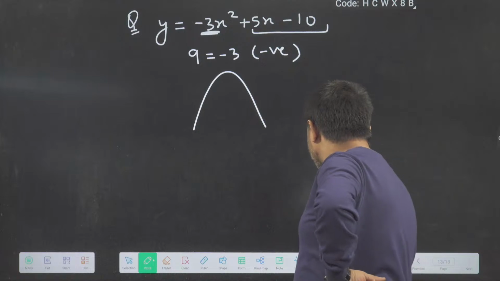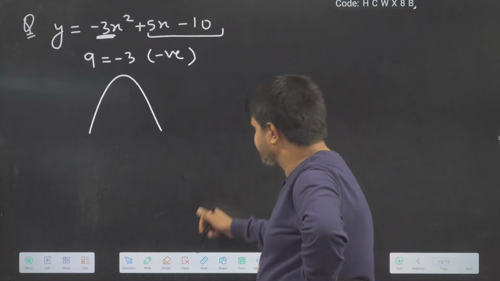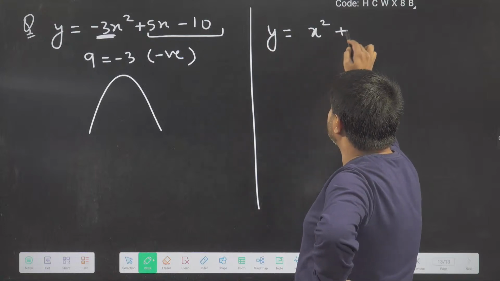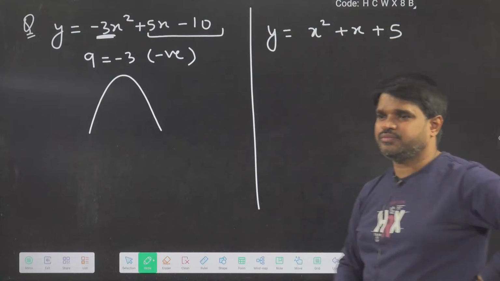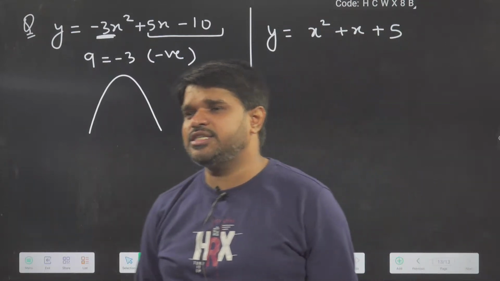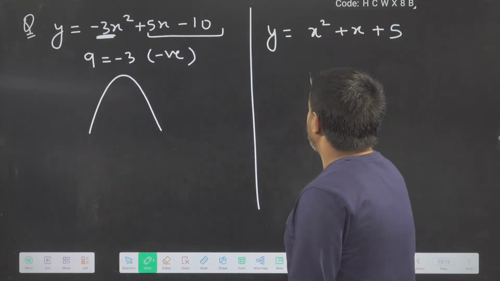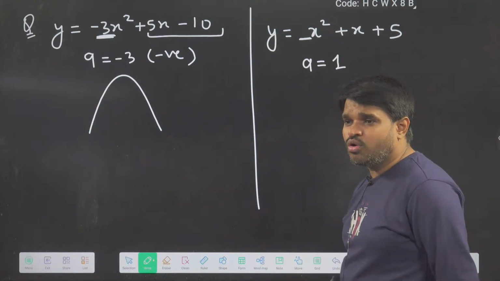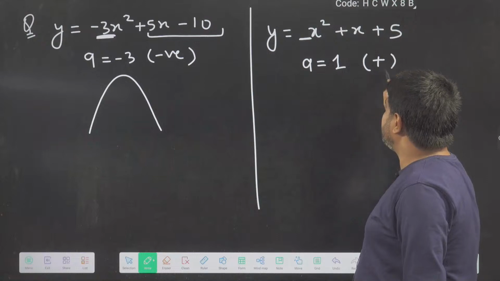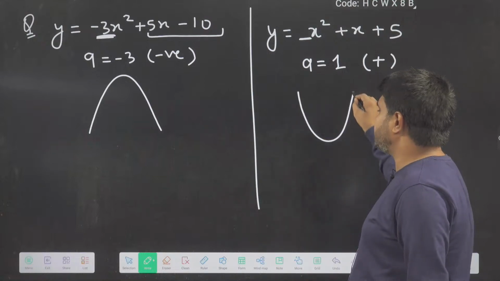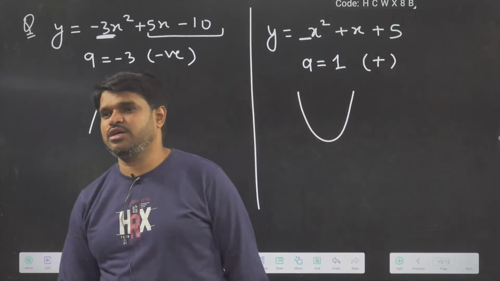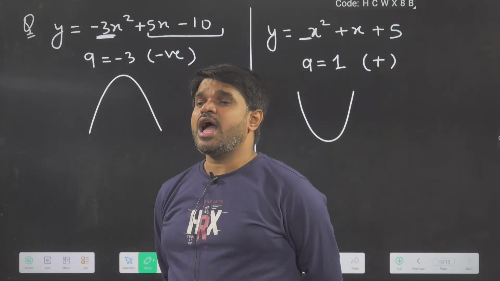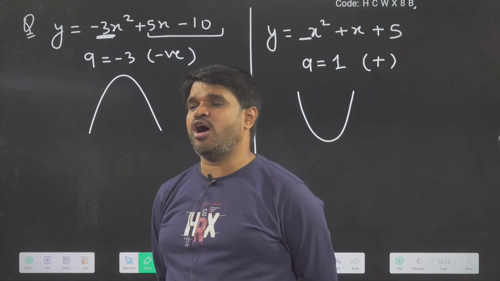Okay. Answer this. Y equals x squared plus x plus 5. What is coefficient of x square? A, 1. 1 means what? Positive. So which kind of parabola? Upward facing. Now, in tomorrow's lecture or next lecture, I will tell you how to draw parabola for particular